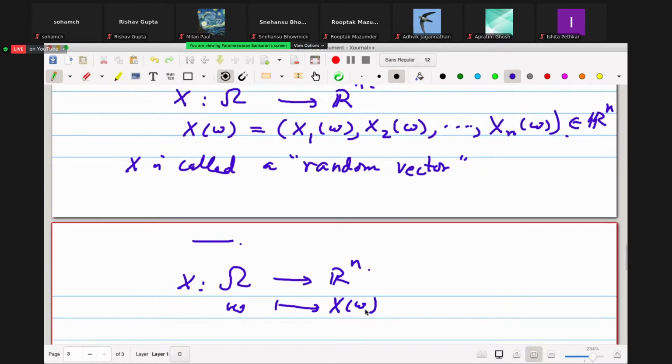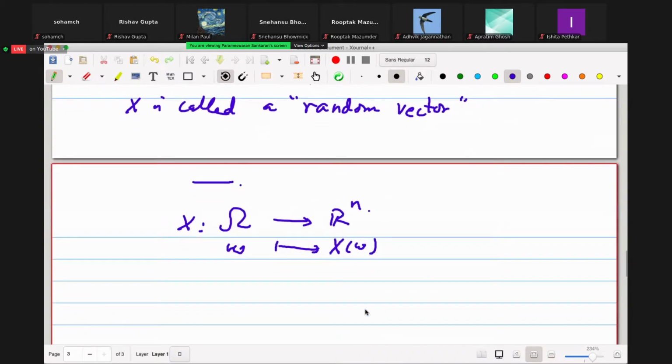Of course, you need to make this hypothesis that this pulls back sets of the form product of intervals to elements of script F. Then that's equivalent to saying, let this be any vector valued function, such that